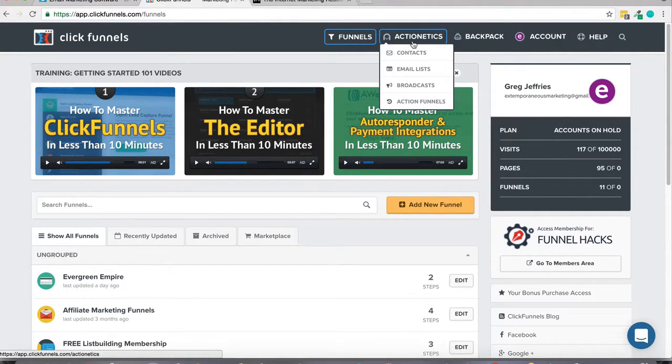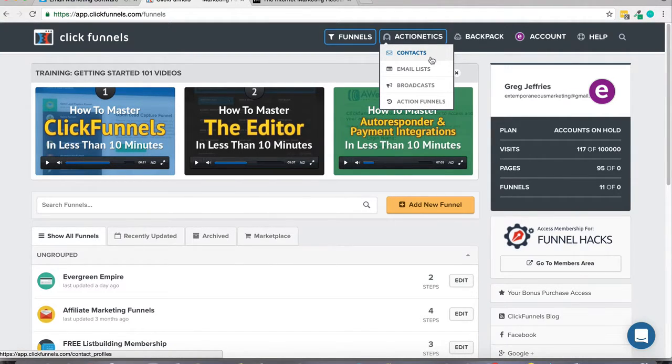It integrates with all the popular autoresponders out there, but it also integrates and connects with transactional email services. So the same types of email communication services that big brands like Pinterest and Facebook use to make sure that you get alerts from your accounts and things like that, and those types of messages always get delivered. So the deliverability rates of these transactional email services are extremely high, and it's extremely affordable. It's a lot cheaper than a traditional autoresponder,